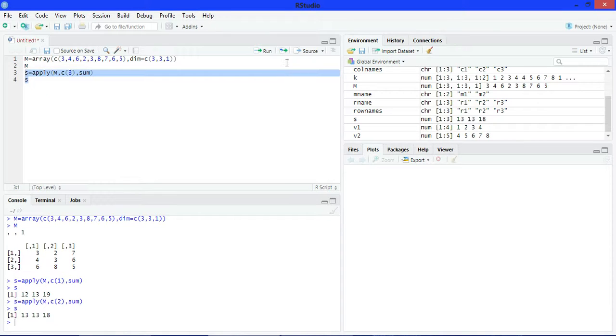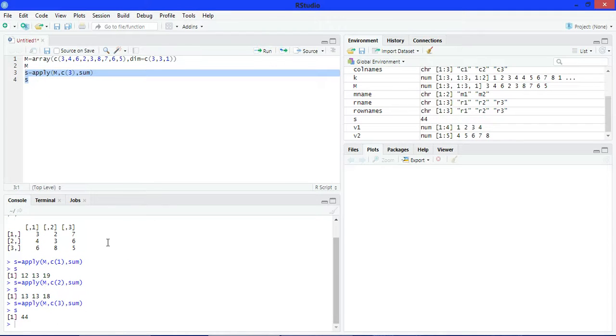Run it. See, 44. The addition of all these elements is 44. Here 1 indicates the addition is row wise, 2 indicates the addition is column wise, and 3 indicates the addition is matrix wise. So we saw here the array manipulation.